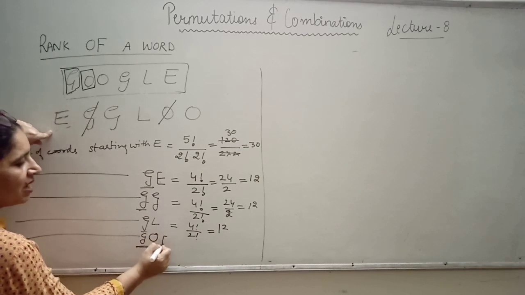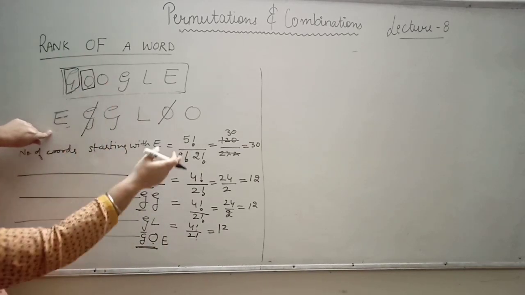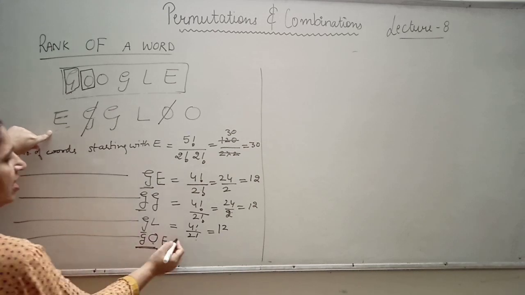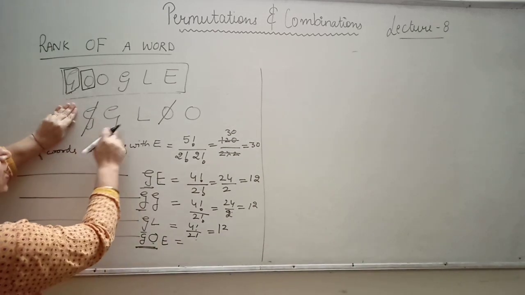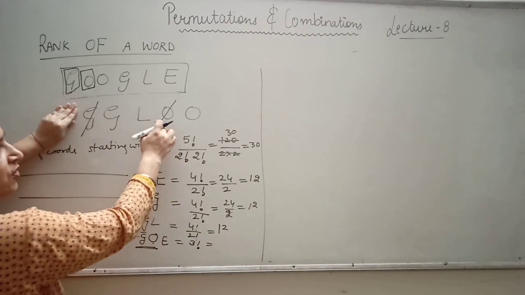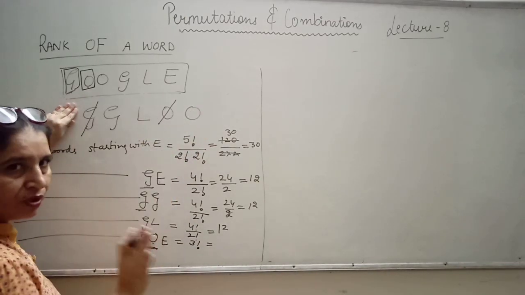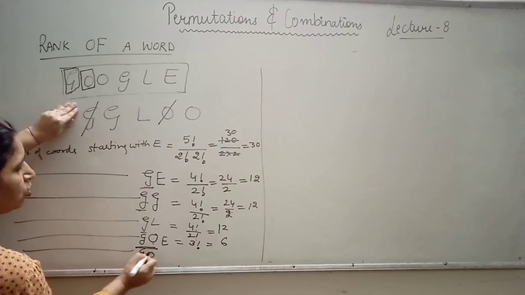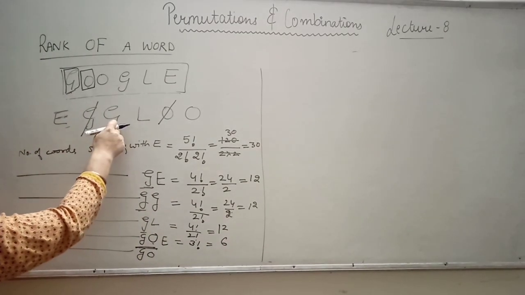तो इसके साथ E start हुआ, E तो नहीं है ना, थर्ड पर जब तक O नहीं आ जाता तब तक लिखते रहेंगे. तो G O E, तो E को फिक्स कर दिया, तो 1 2 3 factorial. You can see now no letter is repeated क्योंकि 1 O तो cancel हो चुका है, अब उसको नहीं consider करना. So this is 6. Now G O तो फिक्स है, उसके साथ फिर क्या आएगा, G.